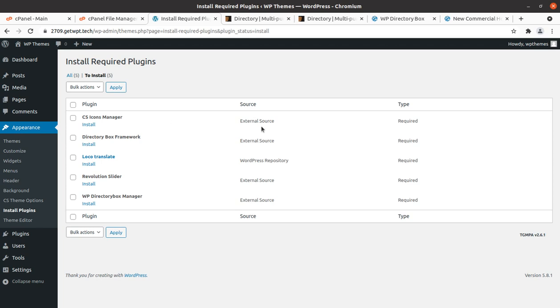The CS icon manager is for icons and listing related things. Loco Translate is for translation purposes. Revolution Slider is for the hero image, and WP Directorybox manager has also been developed by the original theme developer.